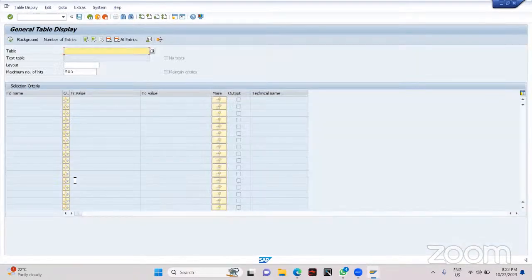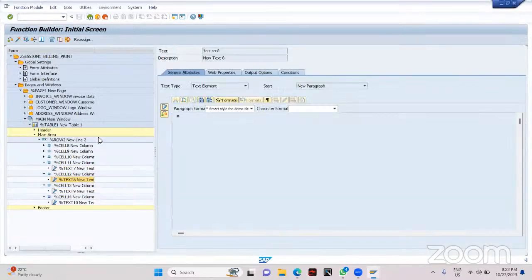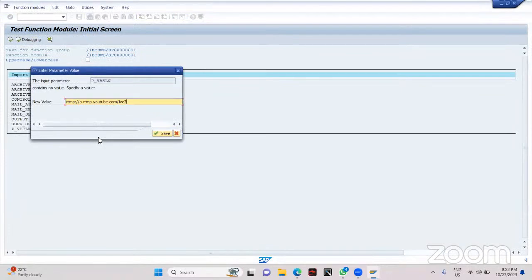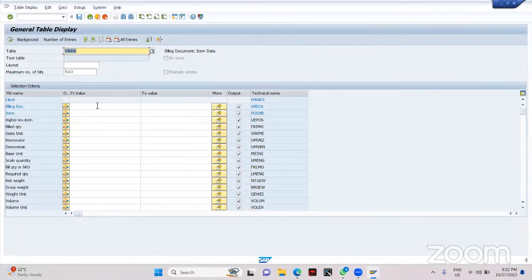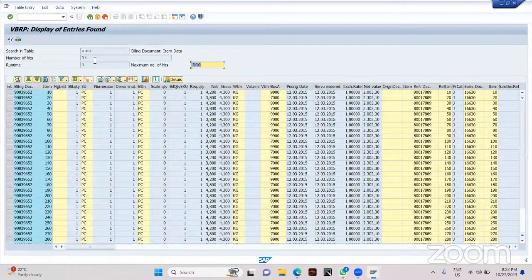Okay. So go to SE16N, VBRP, give that bill document number. So what was the bill document number for this? This was the bill document number which we are using. So let's see here. Total 34 rows are available. So this is net quantity. This is gross weight. Okay. And then let's move to right side. Let's see which field we can use for